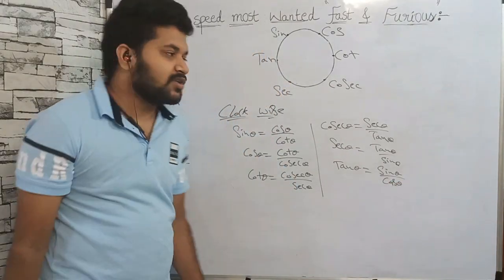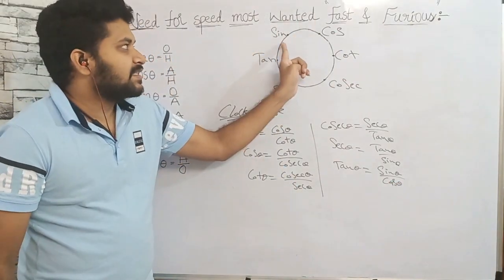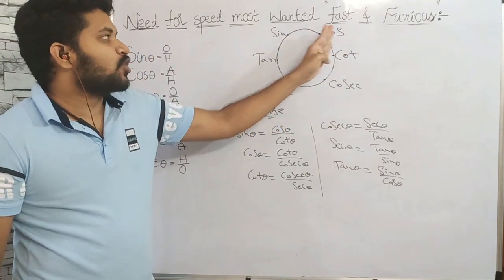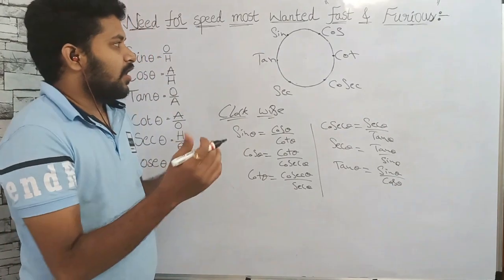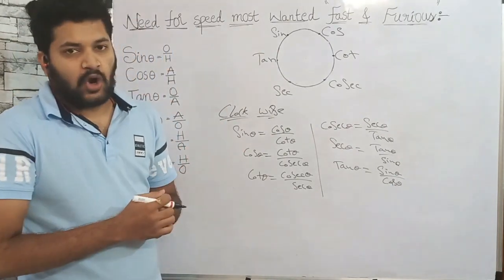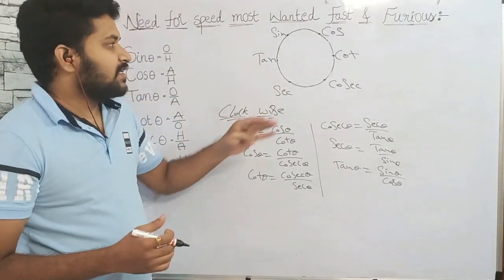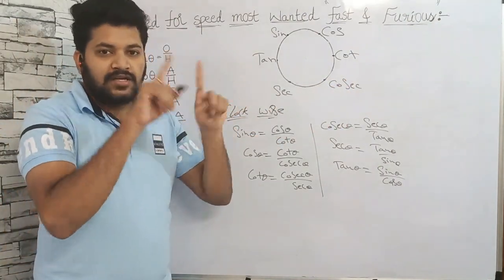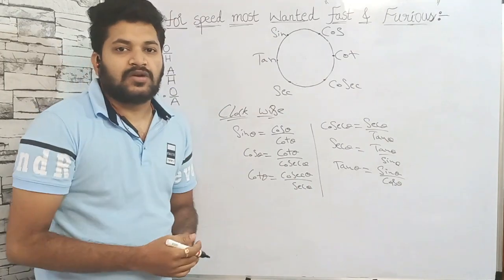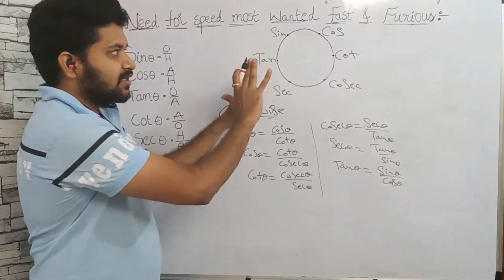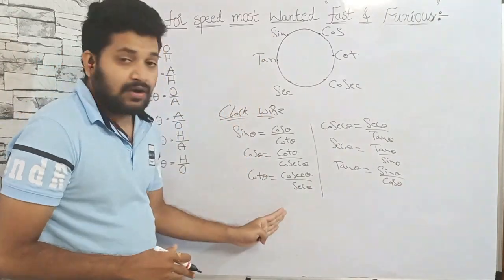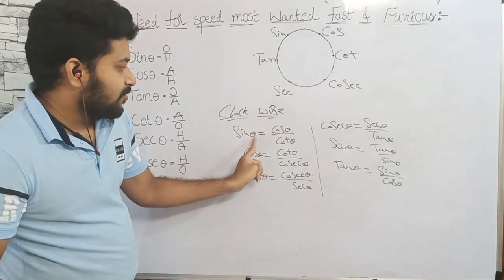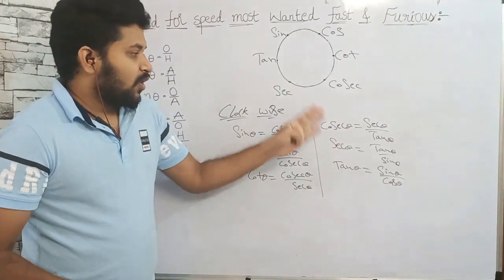So here you have to observe this clockwise direction. Sin after cos, cos after cot. So if my target is sin theta, it is equal to cos by cot. For example, if you want the cot theta value, it is related with cosecant and secant. Cot theta is equal to cosecant by secant. Just close your eyes and remember this clock. By that it will give you your answer. No need to remember everything. You should just remember this clock, and by that you will have the 6 formulas. From the 6 formulas, again if you want cot theta, this sign will be coming down: cos by sin. Now let us do the proof on this.